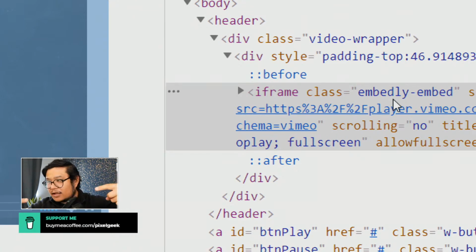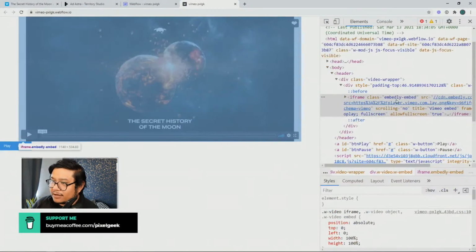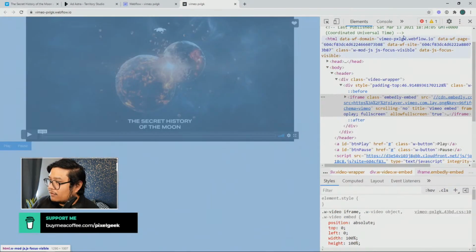And then Embedly comes back and is like, yes. If yes, then it adds this iframe code into Webflow. If no, then Embedly will be like, no, it's not a real video. And then just errors out. Just says no. So I'm thinking, all right, instead of using Embedly, we're going to use the official Vimeo